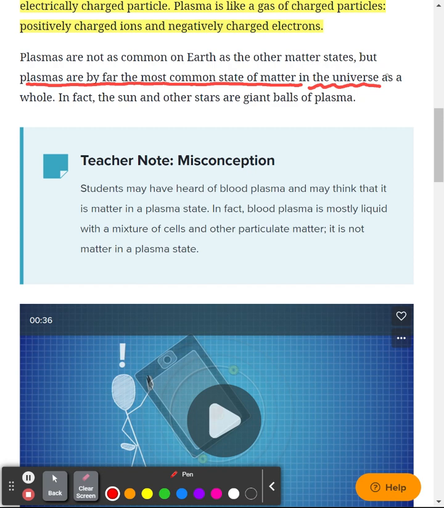That's pretty interesting, isn't it? For all the things that you've learned about solids and liquids and gases, the most common state is plasma,